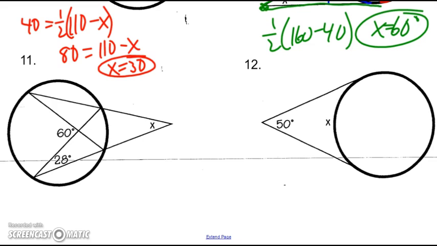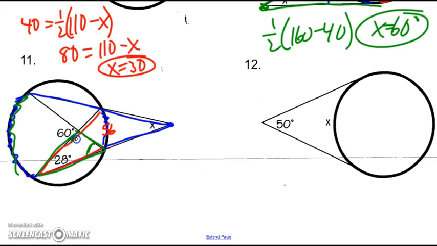For number 11, we have the vertex that is outside the circle, so we have a secant angle, and we need to find this arc and this arc. In order to do that first, I need to look at the inscribed angles. So I have an angle here of 28, which tells me that this arc is 56. In order to do this arc, I need to look at the inscribed angle here. But I first can look at the triangle that I have,